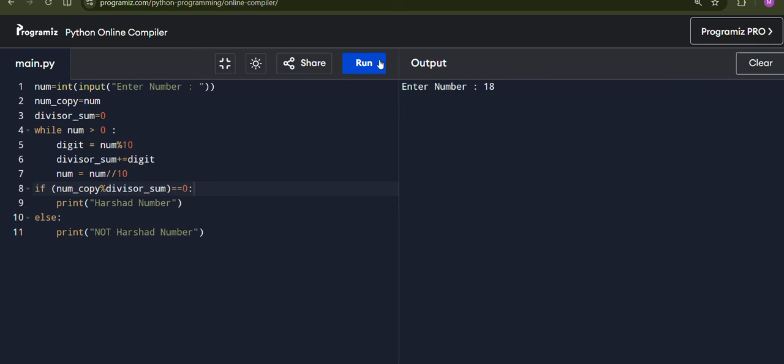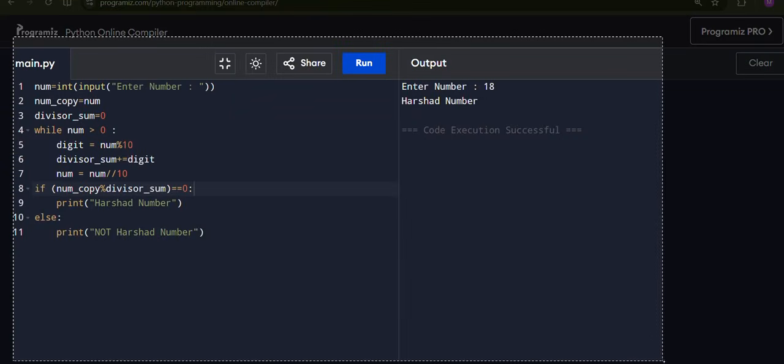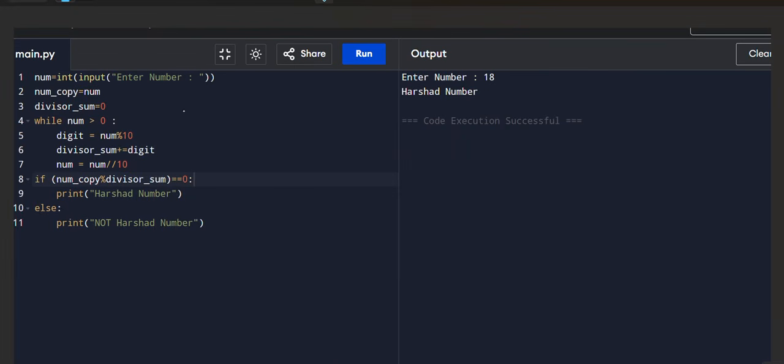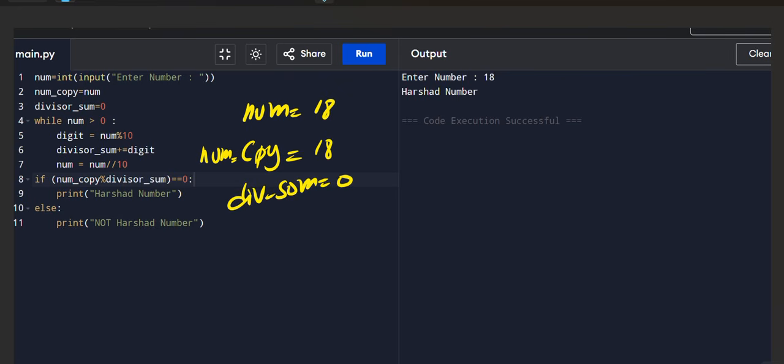Let us try to run this 18 by taking a screenshot. Now, the number 18 is stored, and we are copying it, so the number copy is equal to 18, and initially my divisor sum is equal to 0.